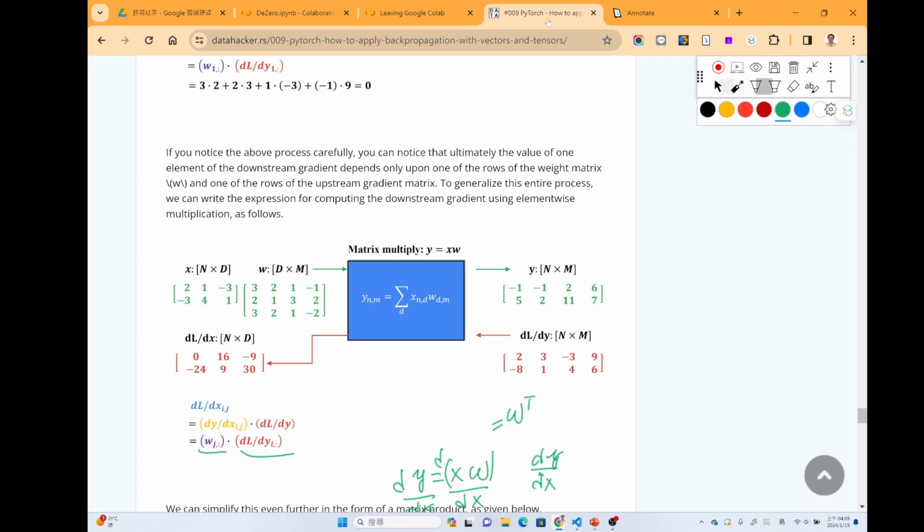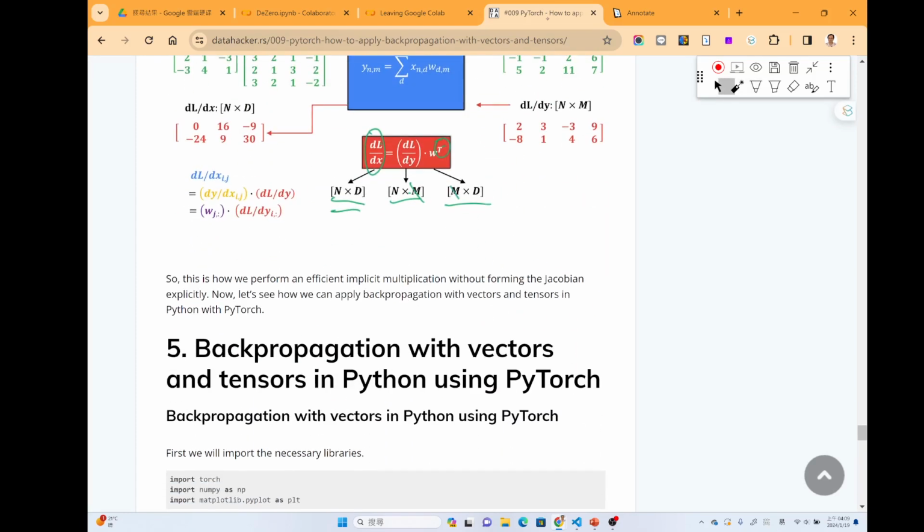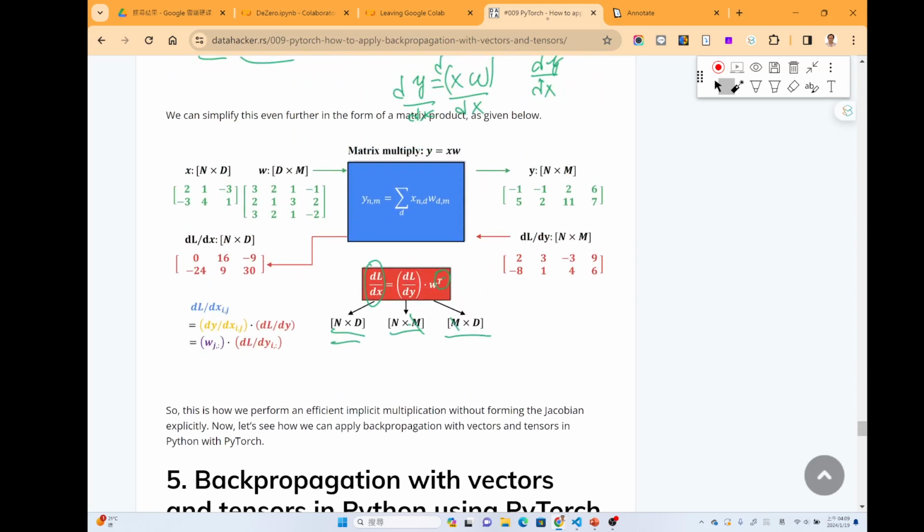But actually we can just use the dimension check to decide if we need the transpose or not.